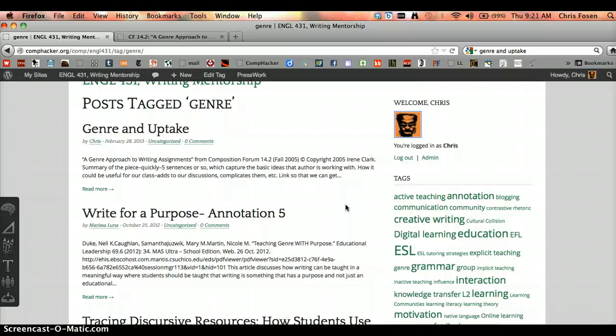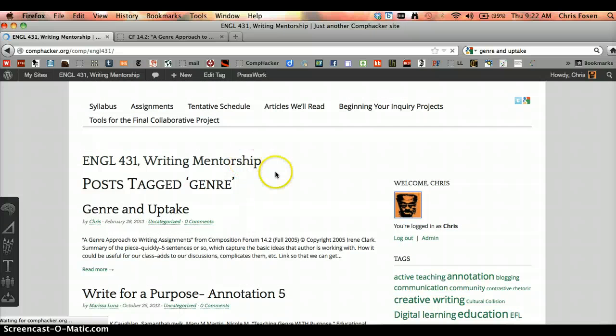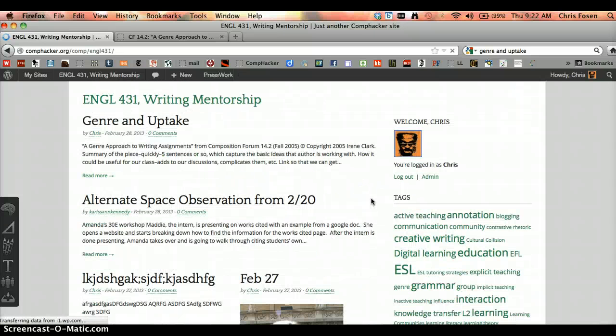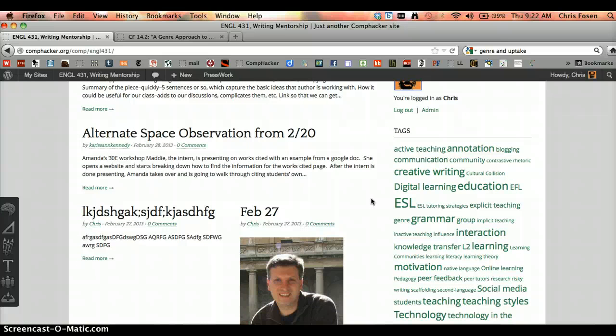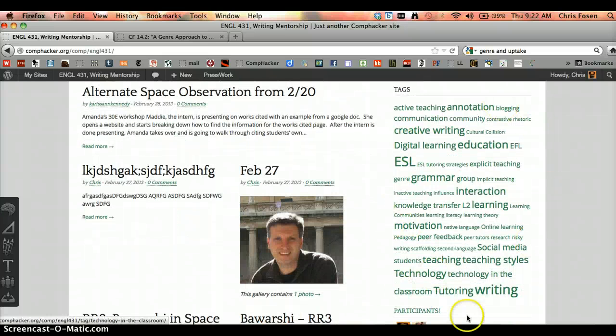And as I was talking about yesterday, if you change your mind, you decide you're no longer interested in this particular thing and you'd like to search something else, or inquire into a different question, you have a whole bunch of links and ideas to get you started. Readings that you can do or skim for the information that you'd like to consider, and ways to start putting stuff together, synthesizing information. So I'm hoping this is useful for you. What I'm assuming will happen is by Monday this site will be flooded with different annotations, and that's totally fine. What's important for us is that it ends up in this tag cloud right here. Okay, that's it.